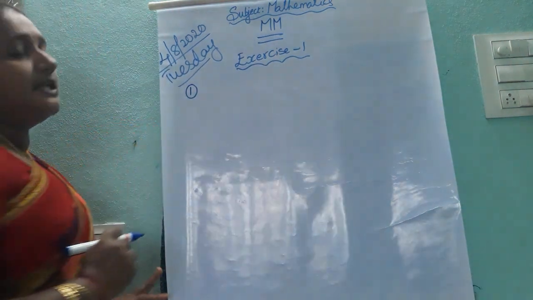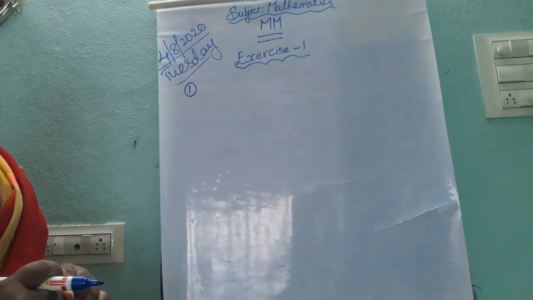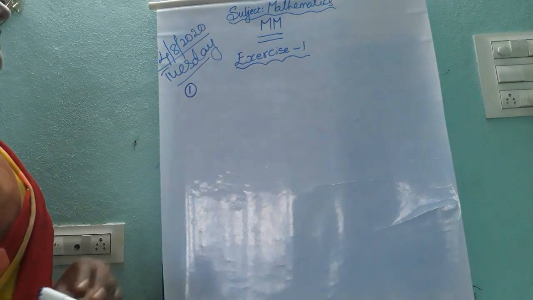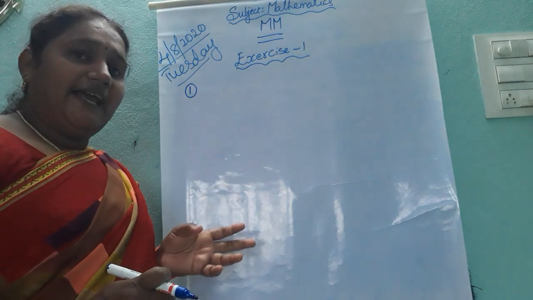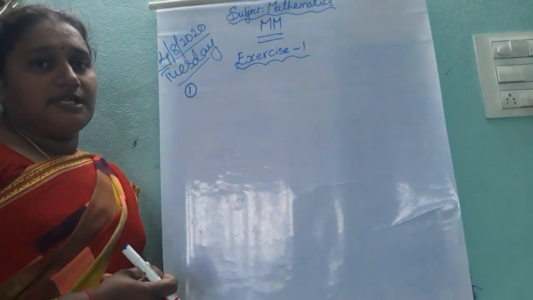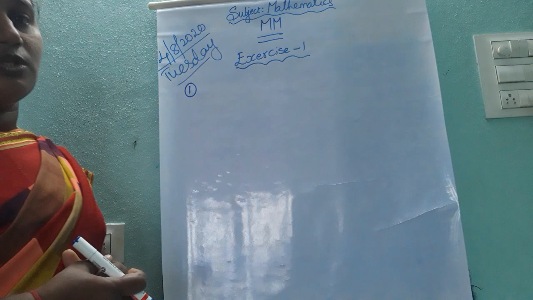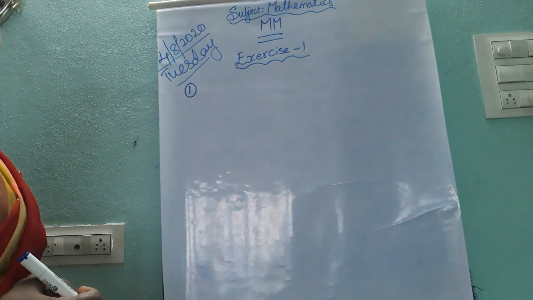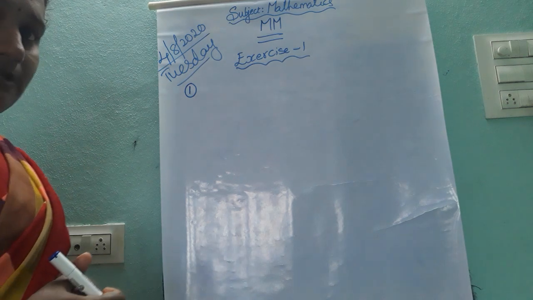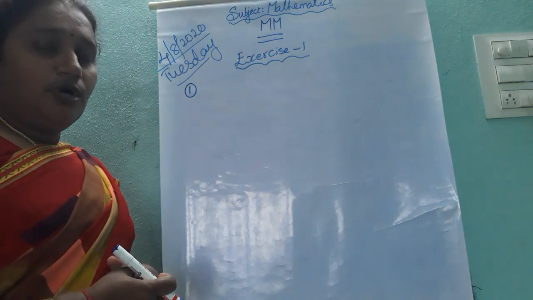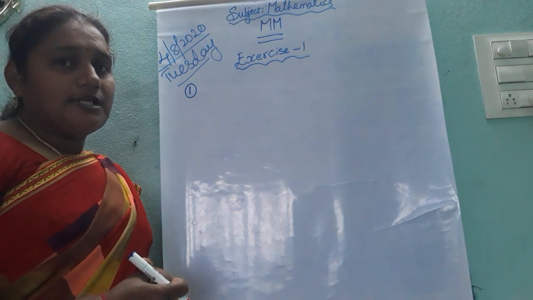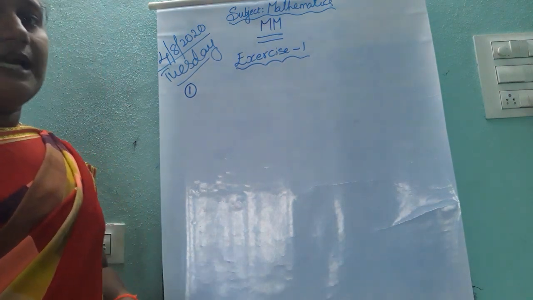Before going to learn about the MM, first you have to learn very thoroughly the multiplication tables and addition tables. Children, I think in the previous class we already told you to learn multiplication tables perfectly, and addition tables also. Yes, na? So be prepared. Daily you write the tables. Okay. So now I am going to start the first exercise.